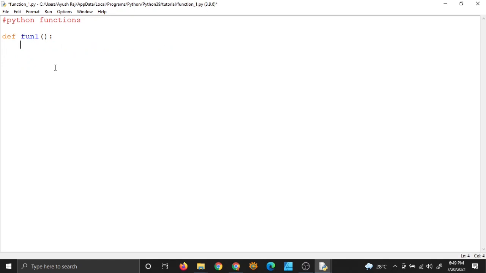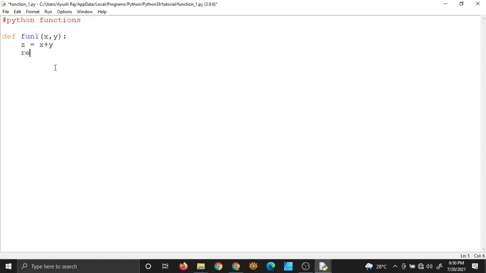Suppose you want to make your function perform summation of two numbers. So you can tell your function that these are two numbers which you will receive from the user, and you have to sum them. So how do you sum them? You can add a third variable inside the block of the function and make it equal to x plus y, and then you can return z. So the return statement will return the sum of x and y.